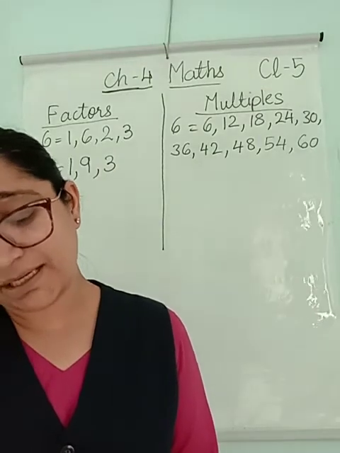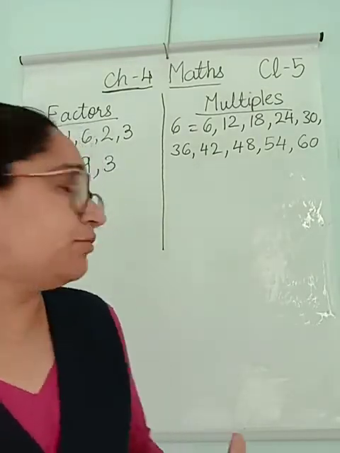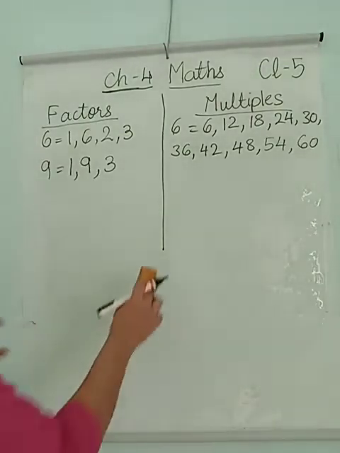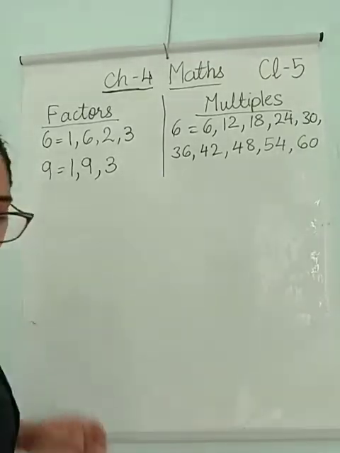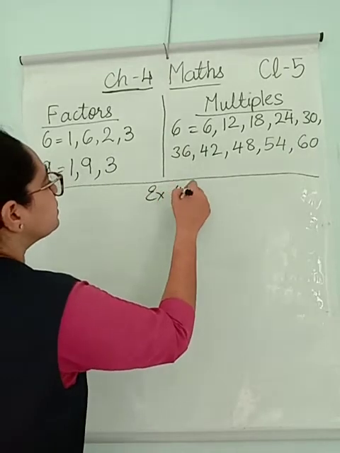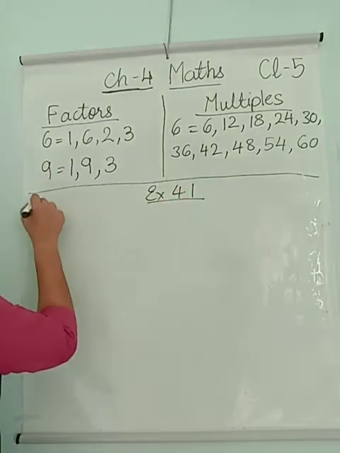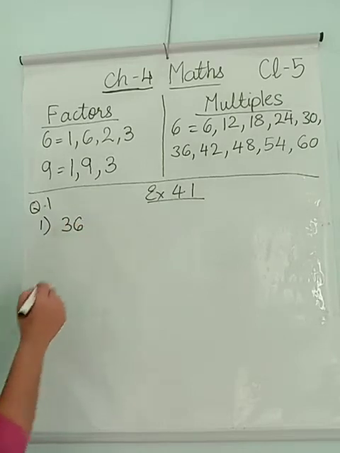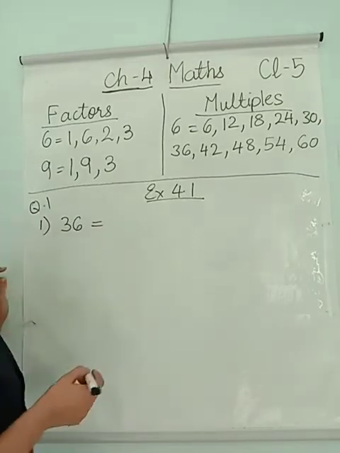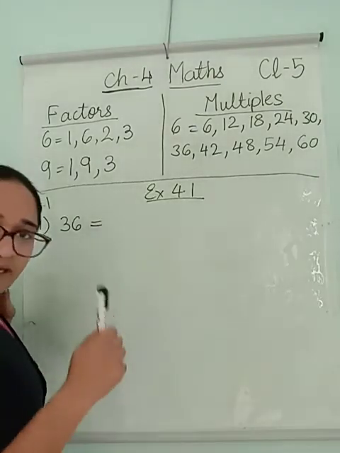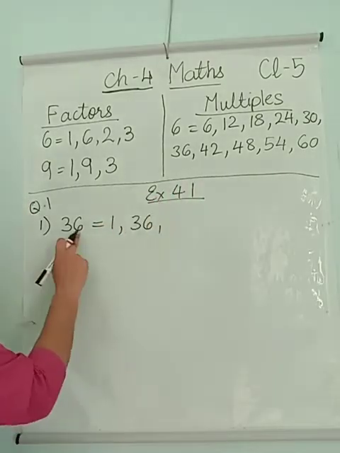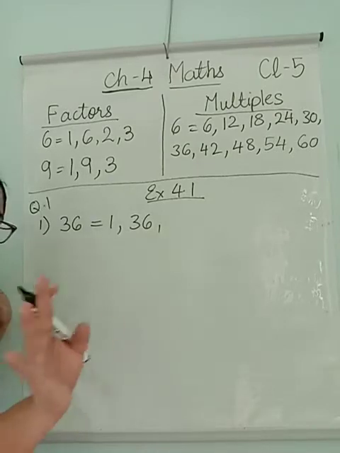Write all the factors of the following numbers. So what you have to do is write the factors. Let's take 1. You will solve the rest 3 for homework. Okay? I am doing 1. First sum, question number 1, 36. Okay? 36 is the number. I have to find the factors of this number. Factors come in whose table. So 1 and 36. 36 and 1 are the factors, permanent factors.